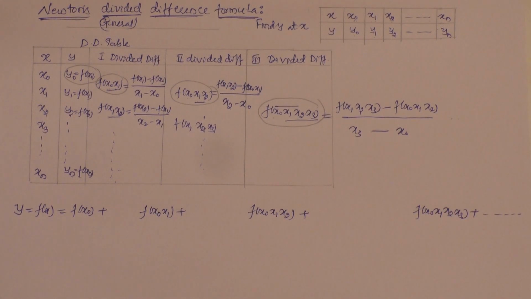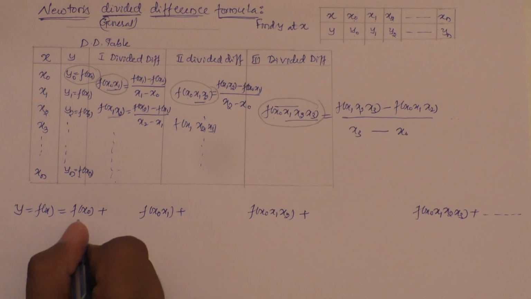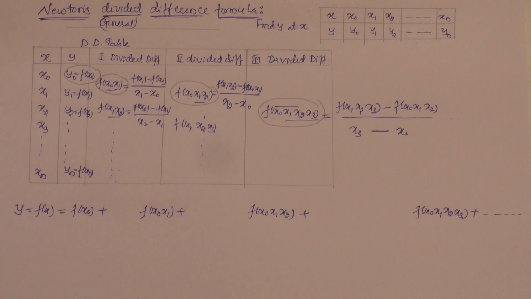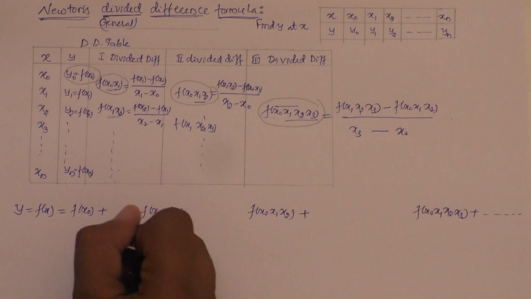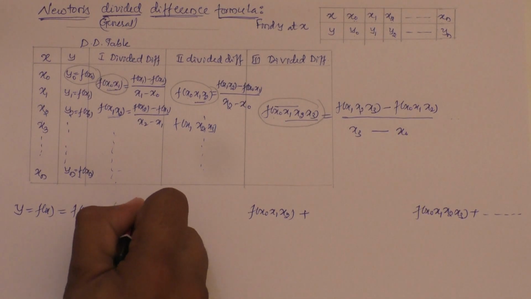So how to complete the formula? First term f of x naught as it is, then f of x naught x1, here the multiple is x minus x naught,